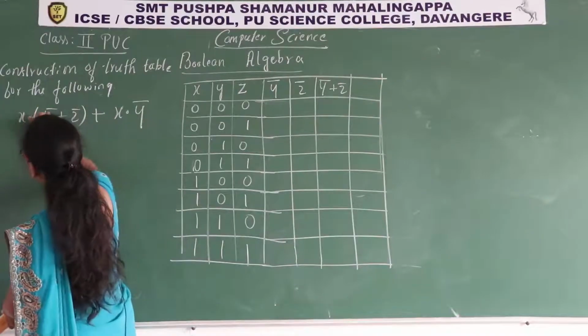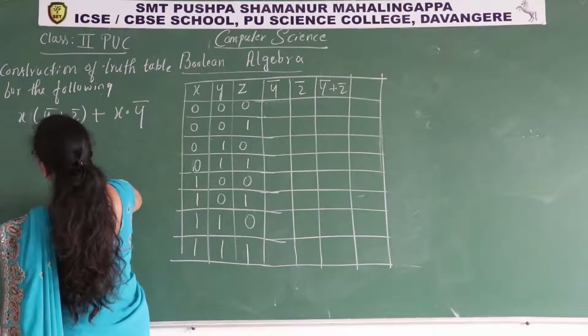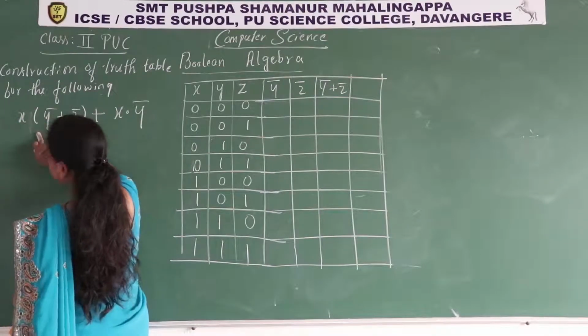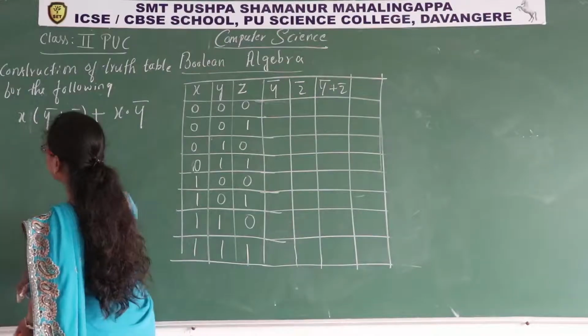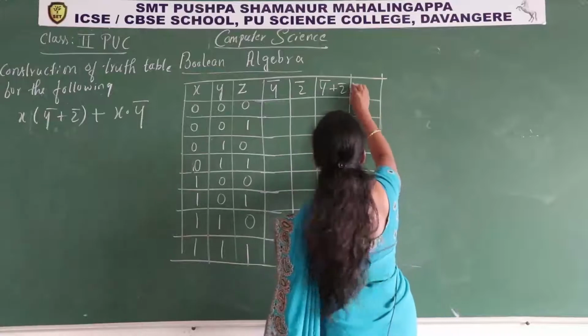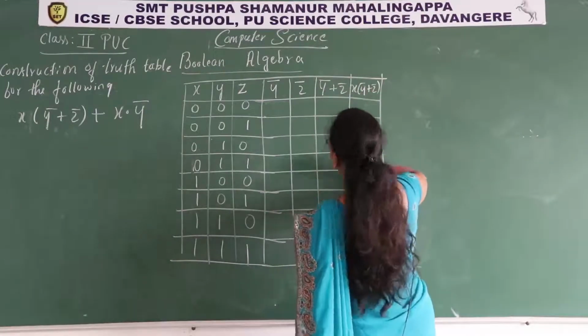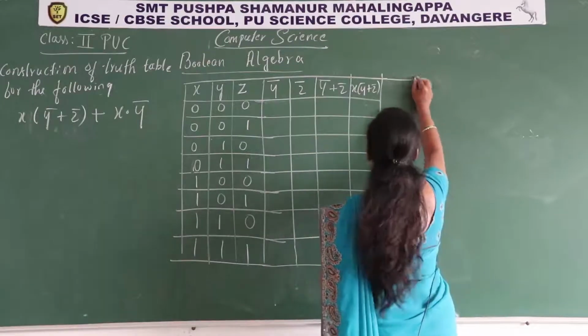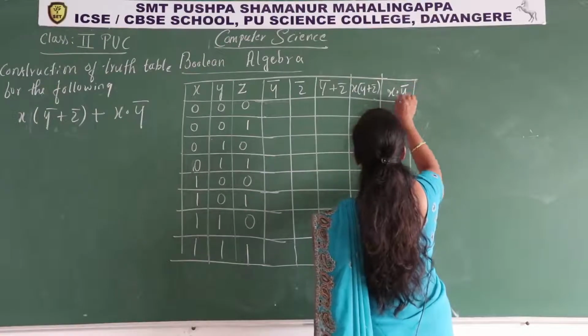So it is AND operation, logical AND operation. In the question they won't give the dot operator here. X parenthesis they will give. So what you need to understand here, it's a dot operator, that is logical AND operation. So I'll write x into y bar plus z bar and one more, x dot y bar.